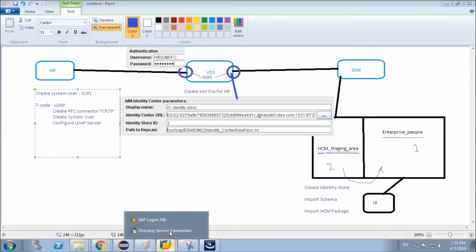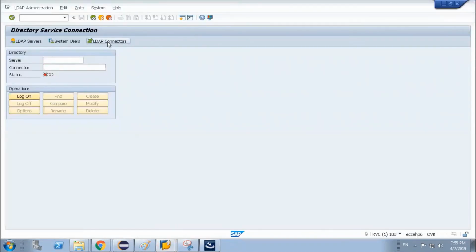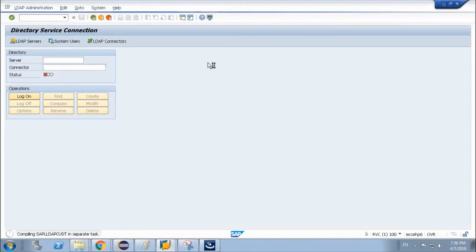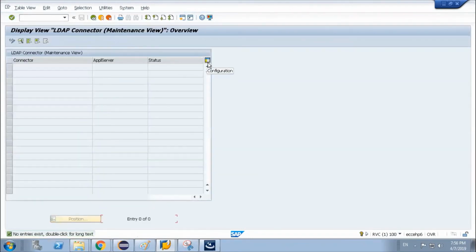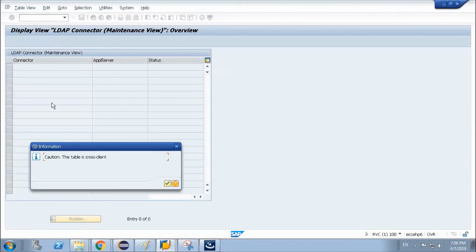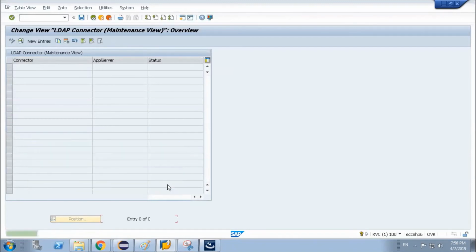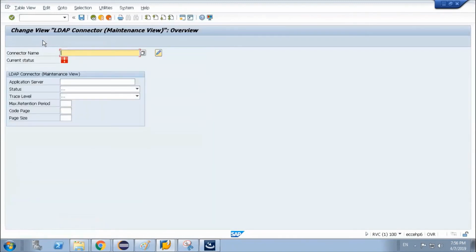So let's go back to the system. First we have to go to the LDAP connectors. Okay, since there is no connector existing, cross client, okay, new entry, we have to put the connection name.